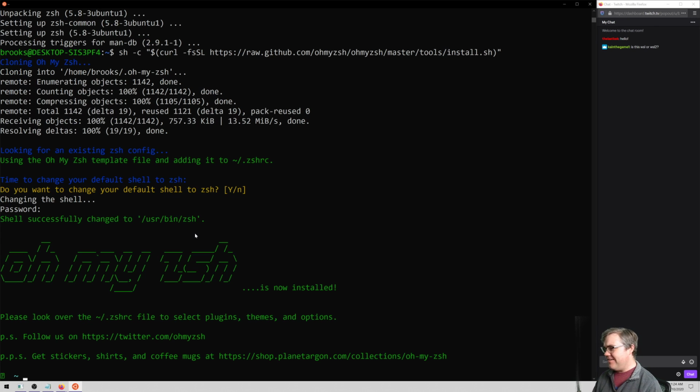Okay, so now we have oh-my-zsh going. If I open up another window, how do I do that? Oh, there's no... Oh, 2 is only available on beta? Yeah, then it's going to be 1. I don't have beta installed.